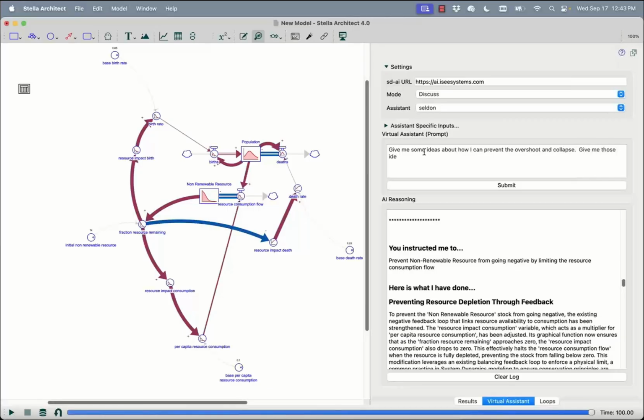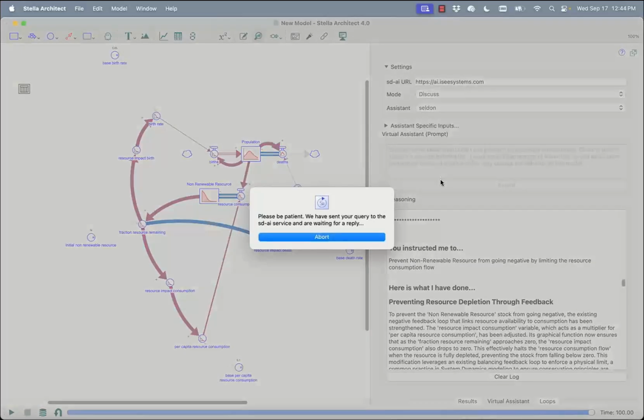Give me those ideas in a concise, bulleted list. I want a short explanation of the policy, as well as a longer explanation for why you think that policy may change the behavior of this model. And submit. So now we're, just like we used Selden to come up with ideas about how to build this model in the first place, we're going to use Selden to come up with ideas about how to resolve problems